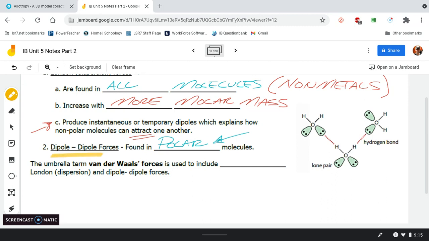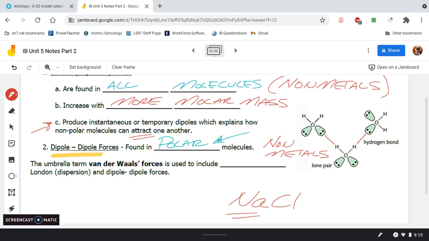Dipole, right? It sounds like polar. They're talking about the poles. So if you've got a polar molecule, it's going to have dipole forces. Again, this is reserved for things that are non-metals, right? So like if it has